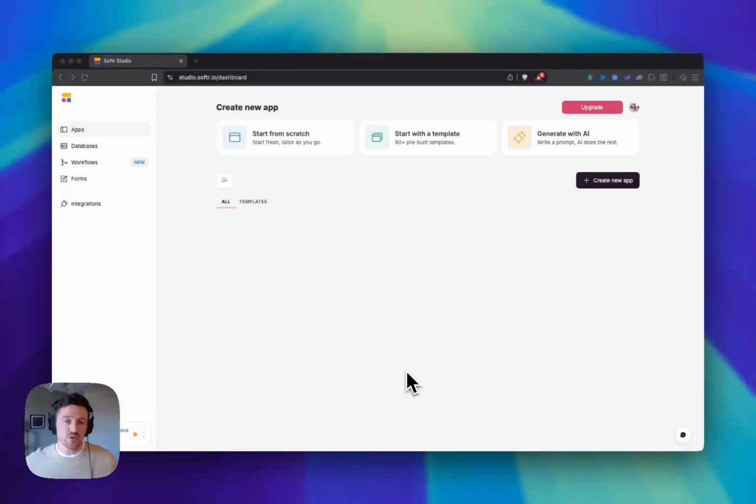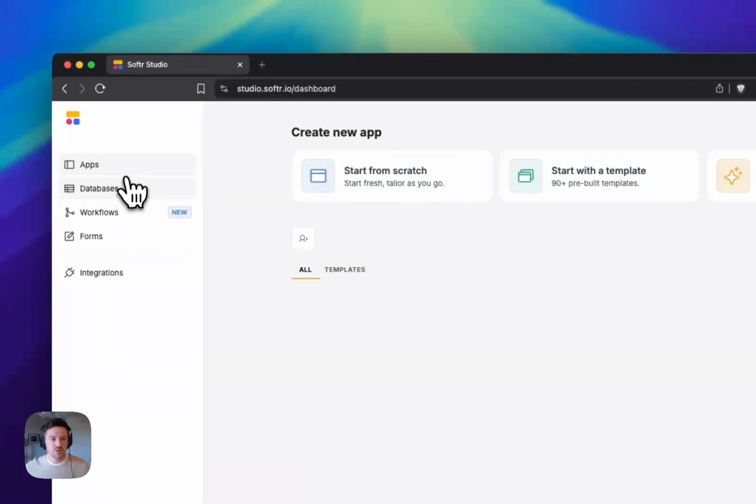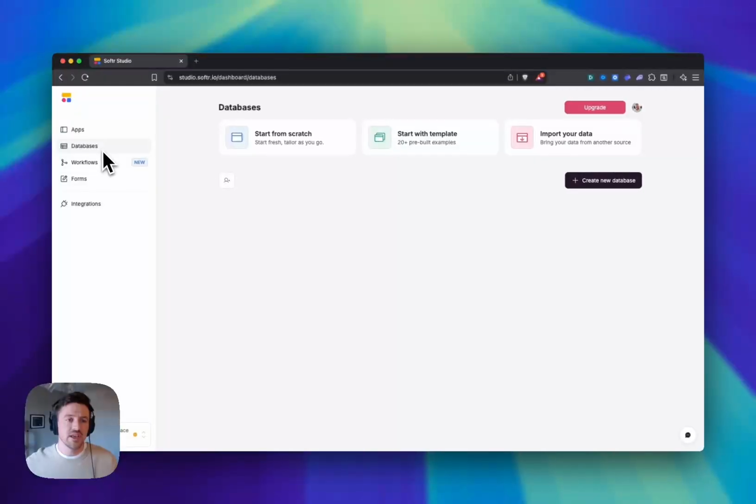And when you first log into Softr, you'll see your workspace. This is the area where you will be able to start building your app. And there are three main pillars to an app. We have, first and foremost, the data or the information that is behind an application. And there are two different options for this. You can use our own built-in databases, which I'll get into in just a second, or you can look at